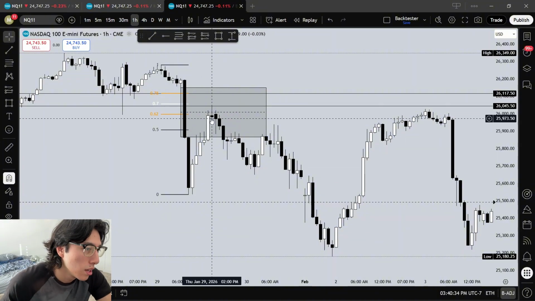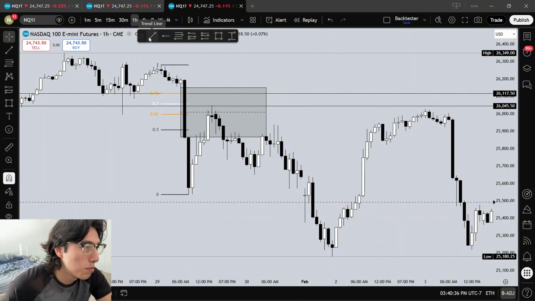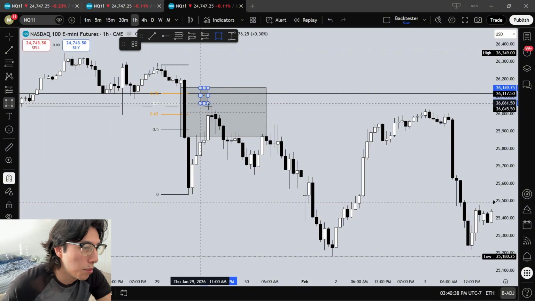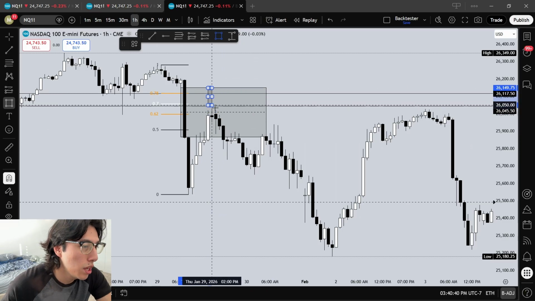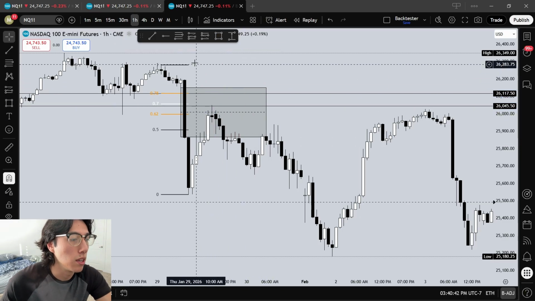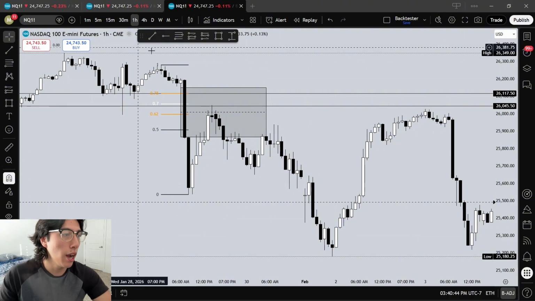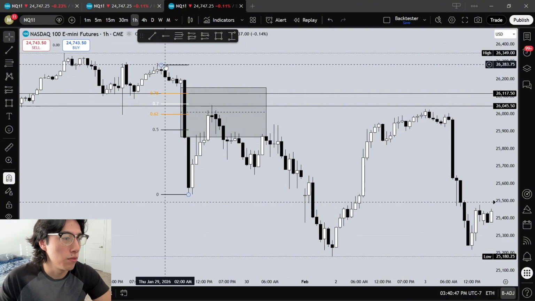And so since sometimes price will wick up past the OTE but still close within it and then eventually move in the direction you're expecting, what I like to do, and this is kind of the model that I really follow a lot,